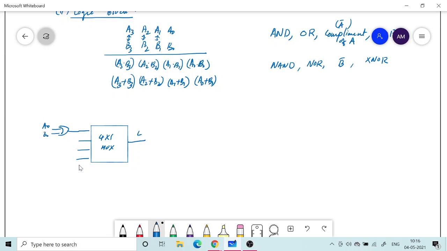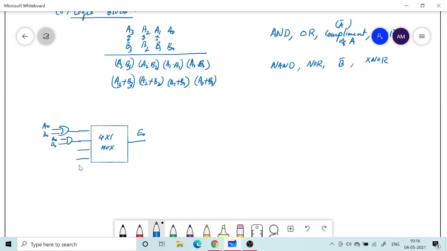So this is my, say, E0, the output. Then I will implement the next operation, say AND operation. That also has 2 inputs, A0, B0, and then next I want A bar.